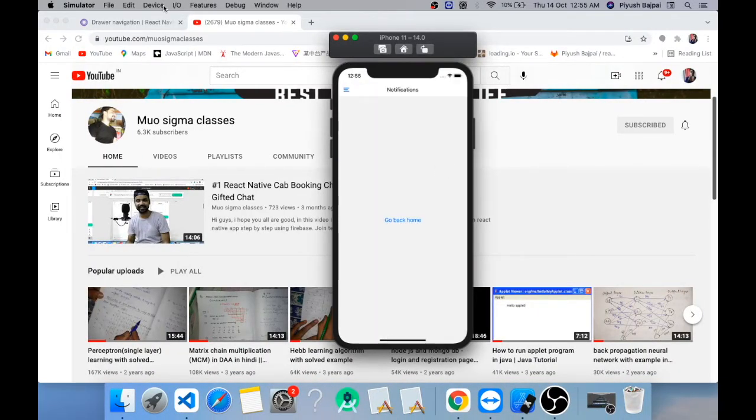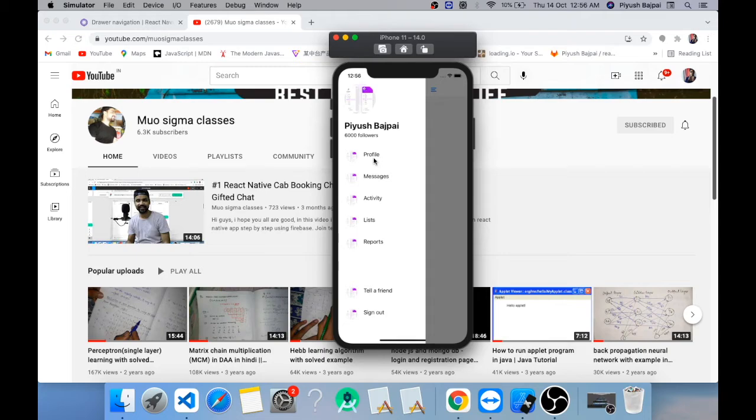Let me give you the example. Shake this, reload. The last time when you clicked on this profile, it took you to the notification page, right? This time I'm clicking on this reports item, it will also take me to the notification page.